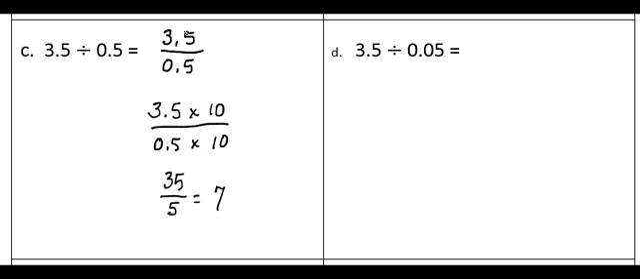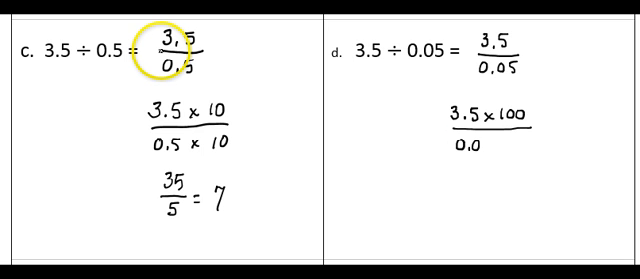In the next question, I have 3 5/10 divided by 5/100. I'll start by writing it as a fraction, and the way I would read this is 3 5/10 divided by 5/100. To get my whole numbers this time, I'm going to multiply by 100. That will make sure that I have a whole number for my denominator as well as my numerator. So we'll take 3 5/10 times 100